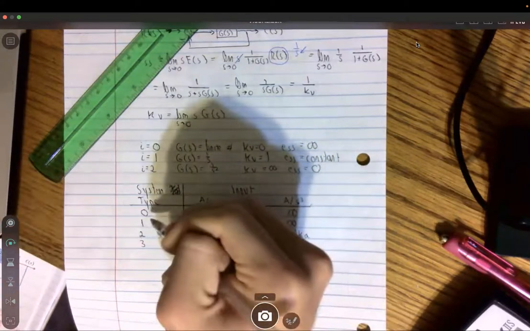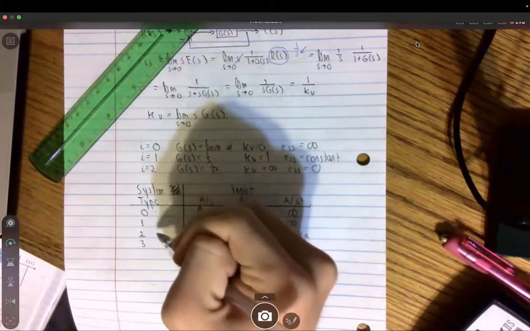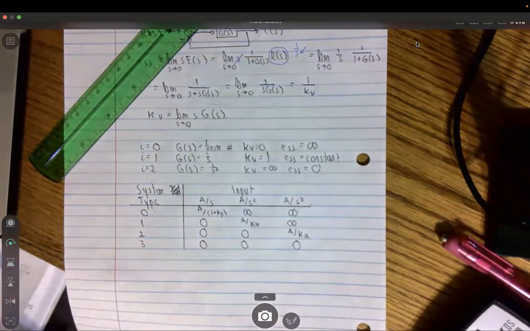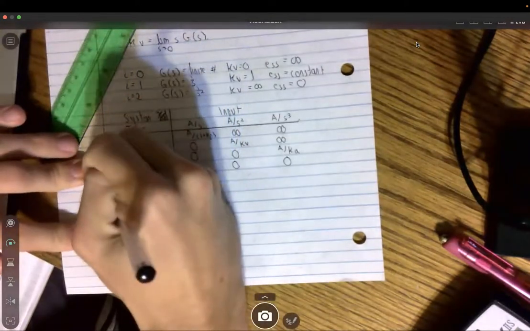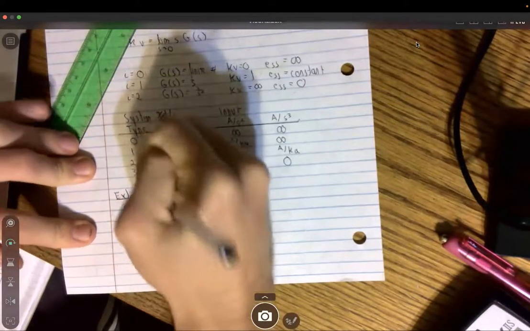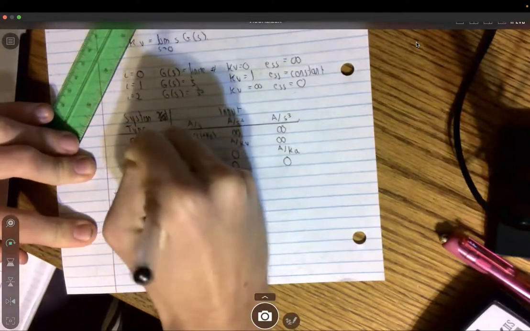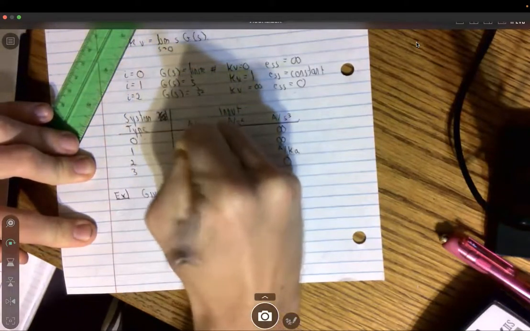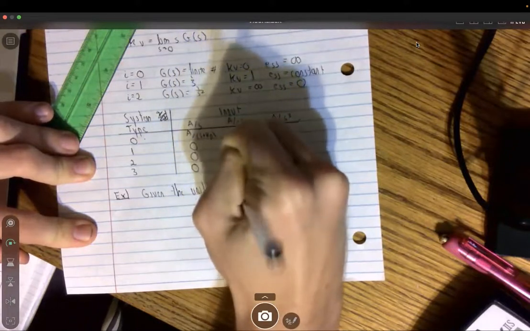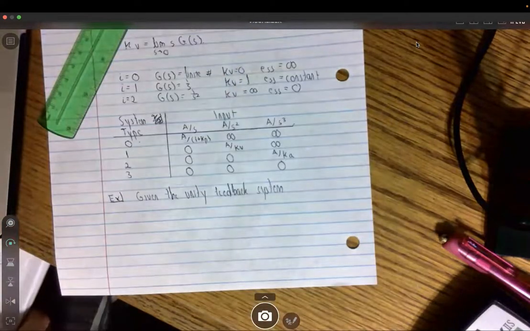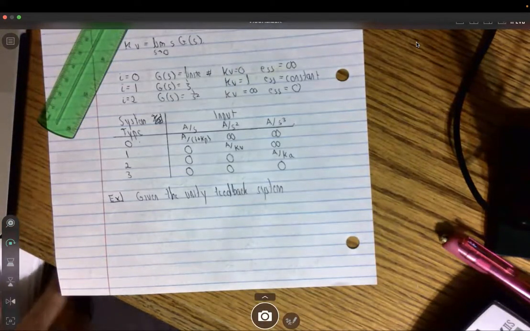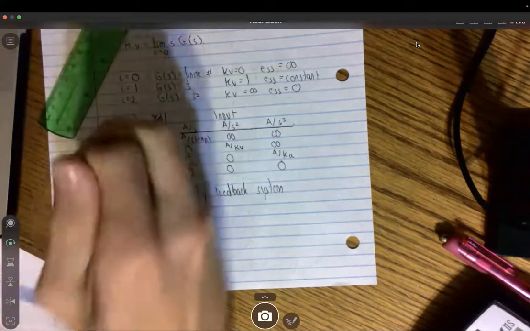If your G of S has no pure integrators, if it has 1 pure integrator, 2 or 3 pure integrators. And so let's do an example in order to understand this. So given the following unity feedback system, in here what we have within our unity feedback system is we have our R of S